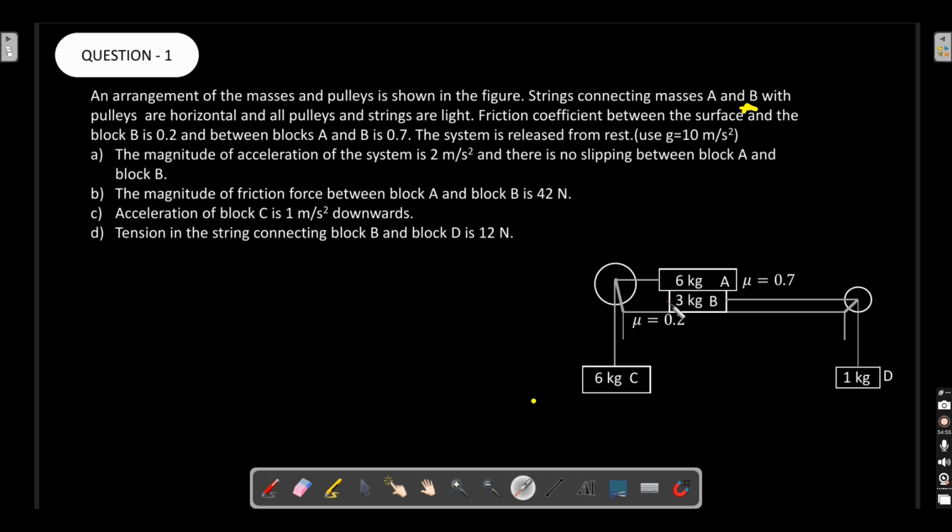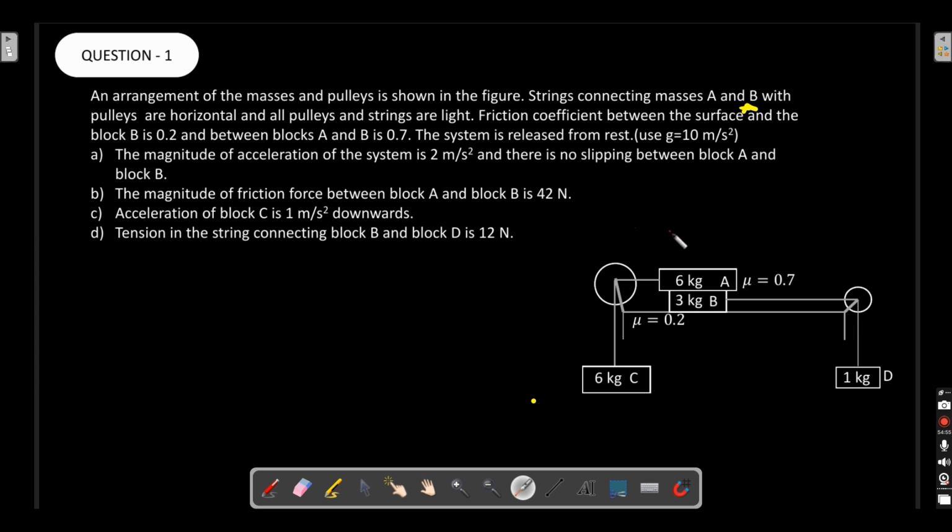Suppose there is no slipping throughout the system. Then there is slipping at the bottom, and the entire system goes together. Then case 3, there is slipping on the upper block, and the lower block is at rest, and only the upper block moves. And case 4, both the blocks have different accelerations, and they both move in different ways. So these are the 4 cases.